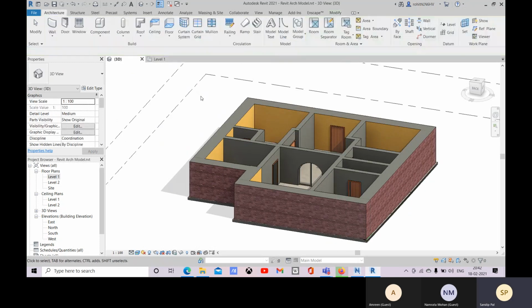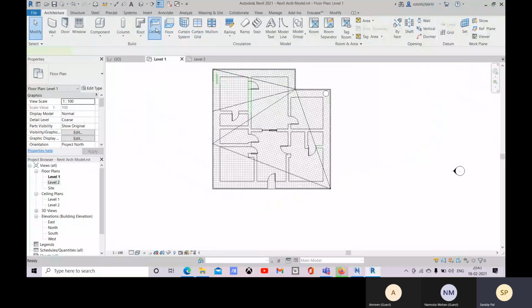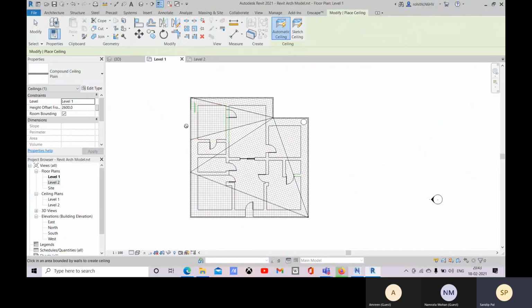If you are placing a floor, you will be placing it on level 2 with this floor option. If you are going with this ceiling option, then it will be placed on level 1. So let's go with level 1, and right now you have this height offset.